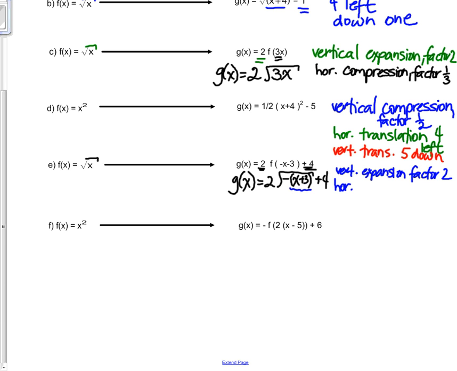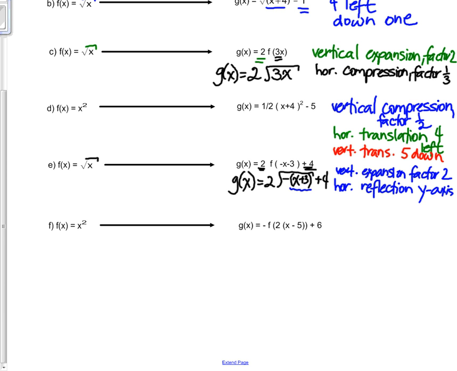Because it's a negative, it's a reflection. And just for sake of interest, if it's a horizontal reflection, it's a reflection